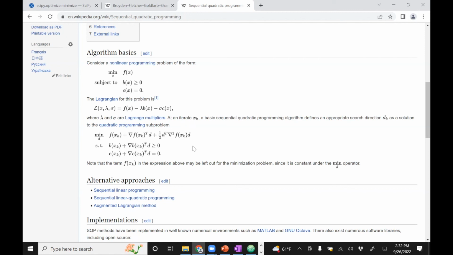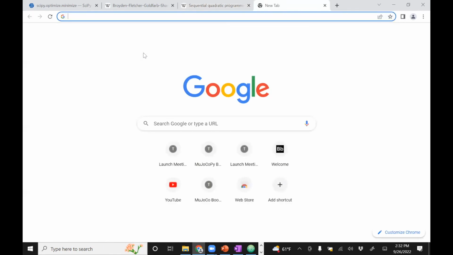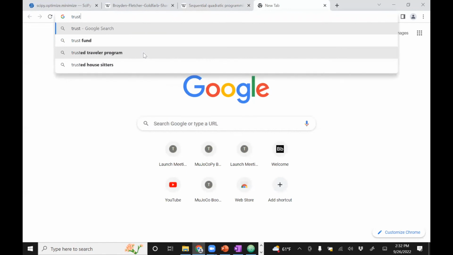And then this is just the start, and then you figure out how to update D. Every time it's trying to update D. What is D? D is basically the step size you need to update the solution. So if you're at a particular point X and figure out which direction you want to go down, and then you also have to figure out the step size. The trust constraint